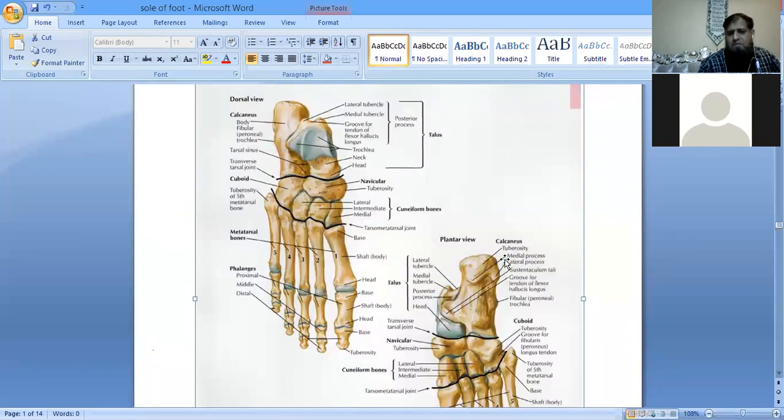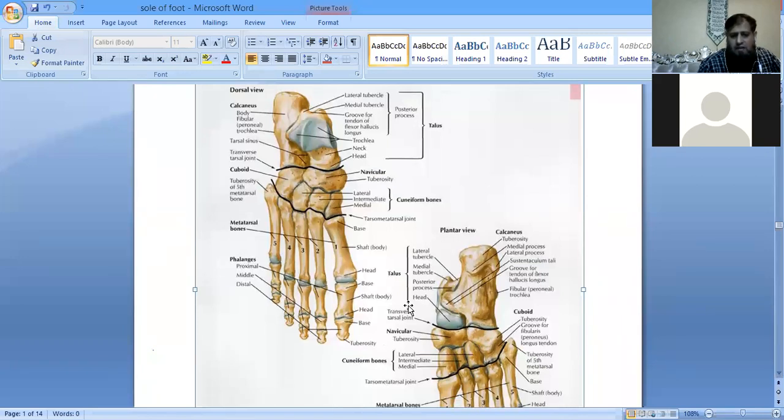So you must be knowing certain terminologies related to the bones of the foot. Over here you can see the interphalangeal joint, between the two phalanges. In the lateral four toes, we have three phalanges and two interphalangeal joints. This is the proximal interphalangeal joint, and this is the distal interphalangeal joint. So you must be knowing all these terminologies because we are going to talk about the